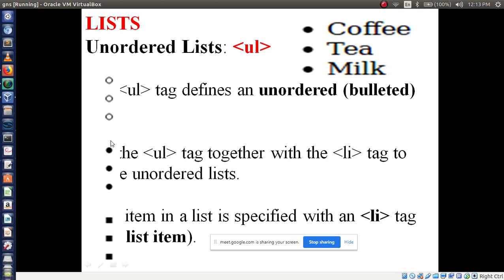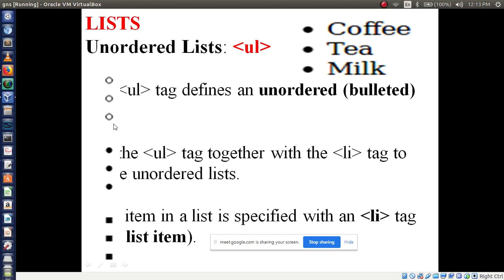Are you seeing these bullets? Circle, disc, then square. Are you seeing these slides?